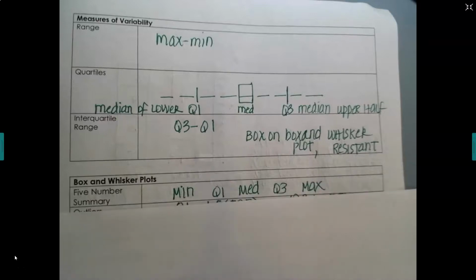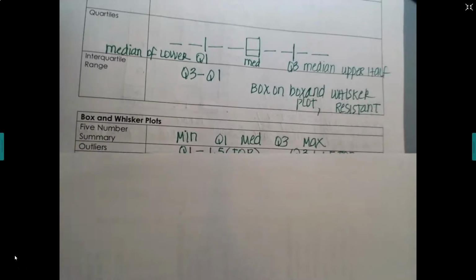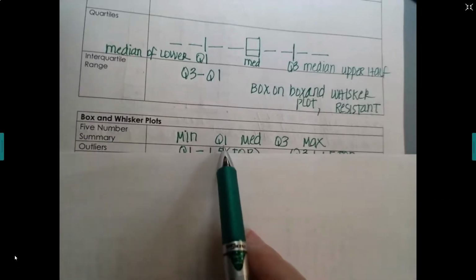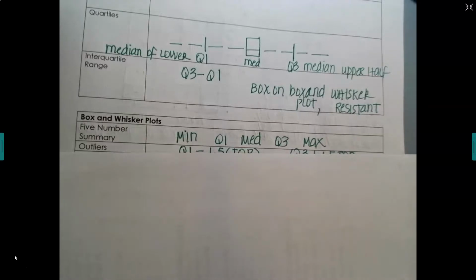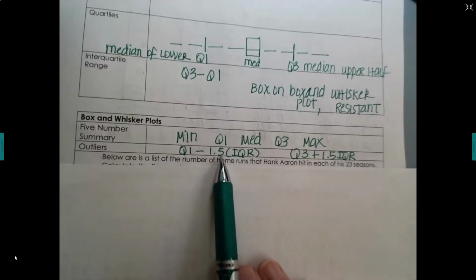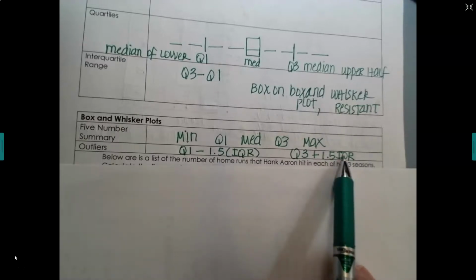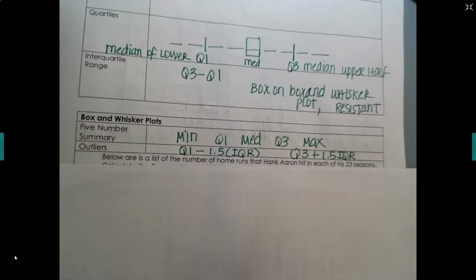Okay. To make a box and whisker plot, we need the 5-number summary. And the 5-number summary is your minimum, Q1, median, Q3, and your maximum. To find outliers, remember you want to use this rule of thumb, and it will tell you the lowest number that's not an outlier and the highest number that's not an outlier. Anything bigger than this number is an outlier. Anything smaller than this number is an outlier. So let me show you,